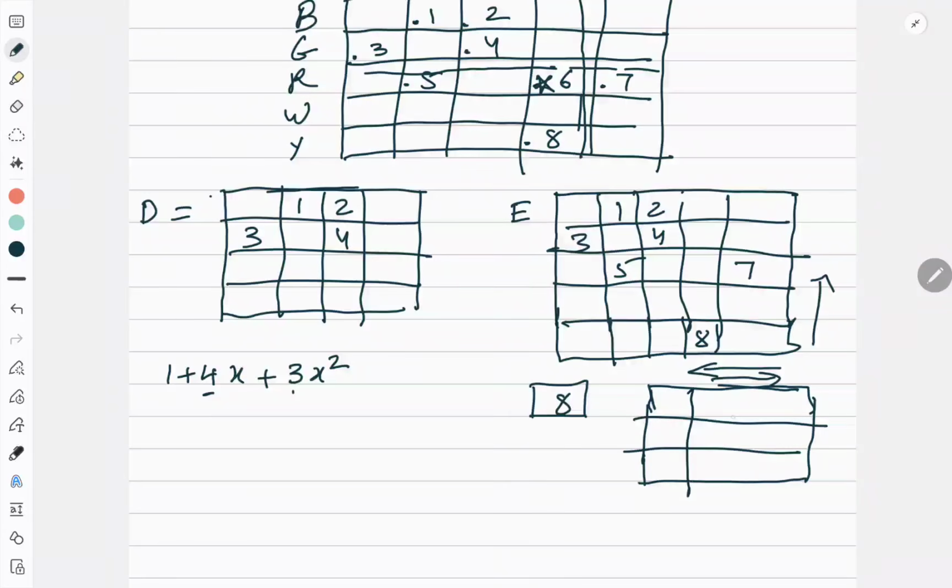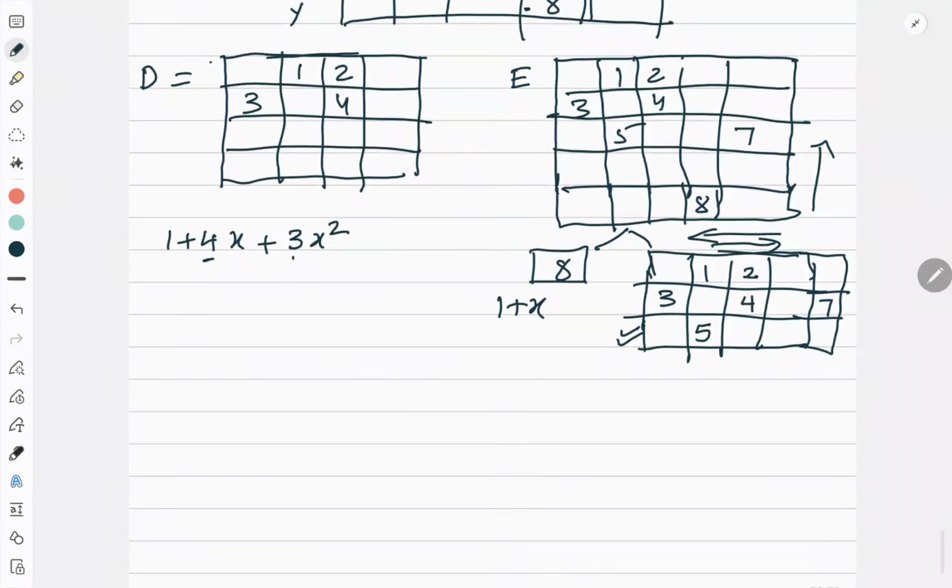Okay. So this is how you should think. Now see here, 1, 2, 3, 4 and 5. Then 1 is blank and after that 1 is there, which is 7. And I can't isolate 7 because when moving to the left-hand side, it is colliding with 4 and 3. So these two are the board. Now for the single board, this is splitting a E board. Now this 8 is what? 1 plus x. Now I need to write down the Rook polynomial for this one. So how to write down the Rook polynomial for this one?